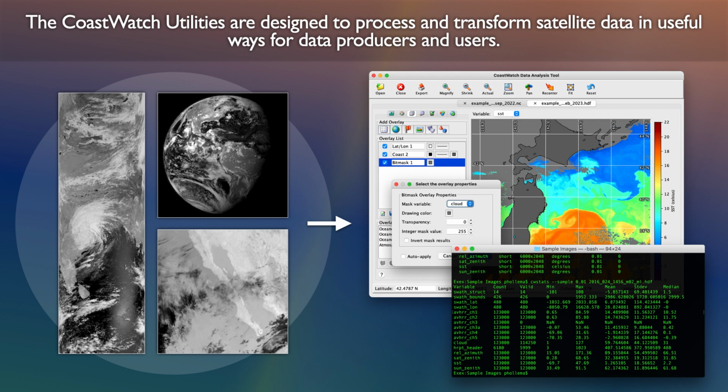The utilities read various formats of geographic data, including HDF and NetCDF, both Level 2 swath data and Level 3 mapped data. The software is agnostic to the type or units of data as long as the pixels can be associated with a grid of latitudes and longitudes. They report on, process, and combine data by compositing or using math expressions, map Level 2 data to projections, and generate images, among other operations. The Coastwatch Data Analysis tool lets you do interactive analysis.